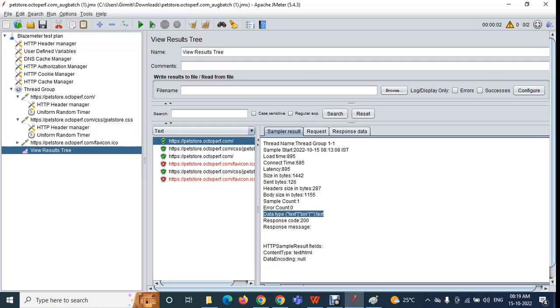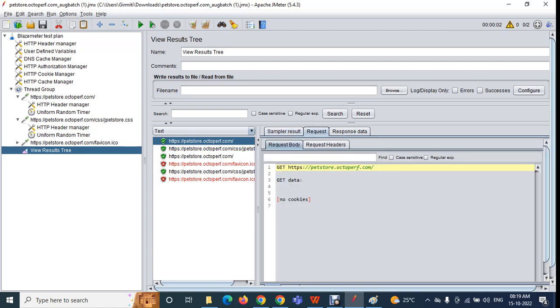Data type. So data type means in which format you have been send your request. మీ రిక్వెస్ట్ అనేది ఏ ఫార్మాట్లో పంపించేశారు. So that is a text format, you can see here. And response code, this is the biggest subject, and maybe after this I will tell you. Okay, and these two are the headers.